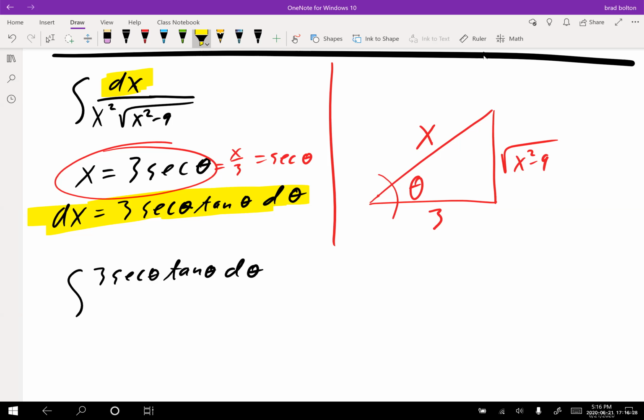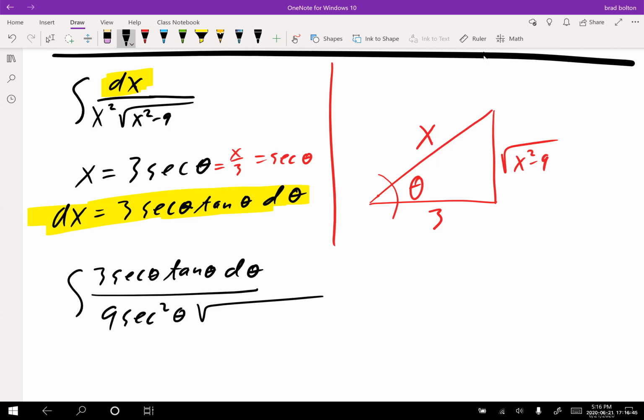Well, here's a dx right there, right? So that's what it's worth. Now we're going to divide that by x squared. But what did I say x was? I said x was 3 secant theta right here, right? So then that means that this is going to be 9 secant squared theta times the square root. And then I said x, so this would be 9 secant squared theta